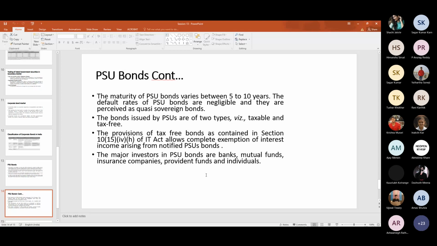But overall, we can say that the Indian market is largely dominated by government securities. The corporate bond market and other bond markets are not that developed. Although some activity and trading is happening, it is not in the way it happens with dated securities. That's why the Indian bond market is mostly dominated by government dated securities.